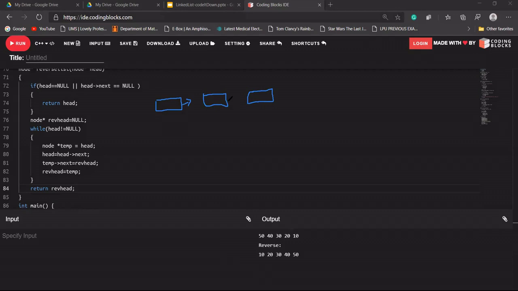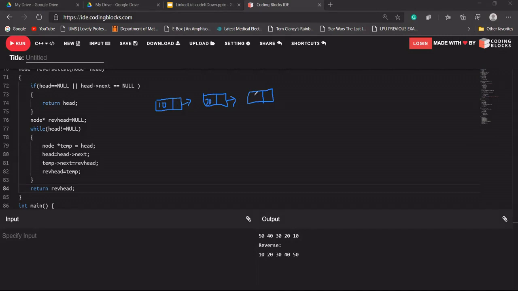Please copy your query and send it to me so that I can answer you after that. Okay. So suppose the linked list has been given to us, and there are only three nodes present in our linked list.